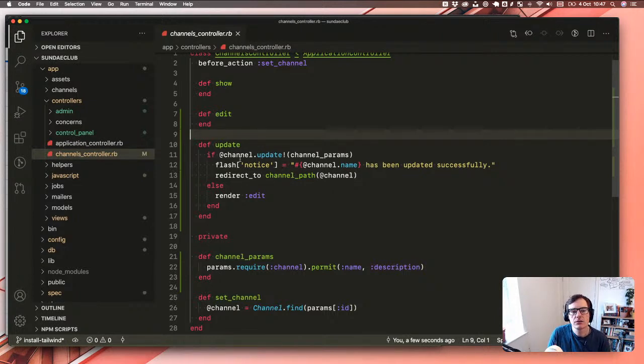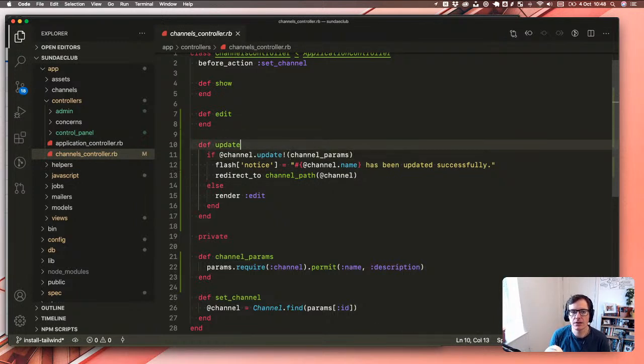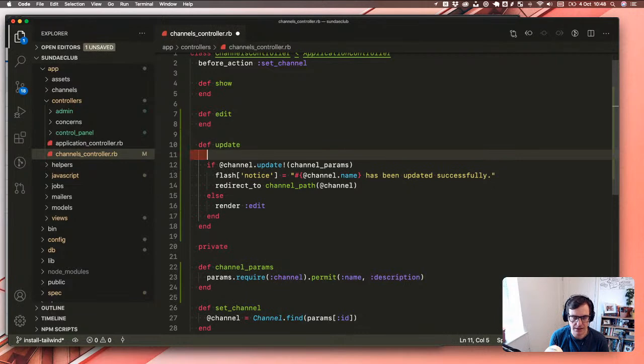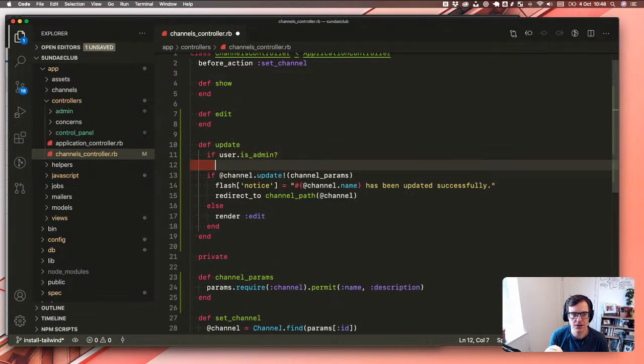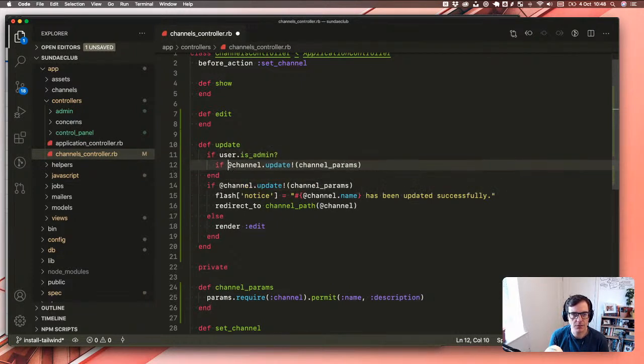One option you have is you could update the suspended value here, but only for admins. This is one of the things we discussed last week, and if you watched the end of last week, you can probably skip a little bit of this. We're just going to update this. You could say that if user.isAdmin, this is just pseudocode here, none of this would work at this moment, then you could say